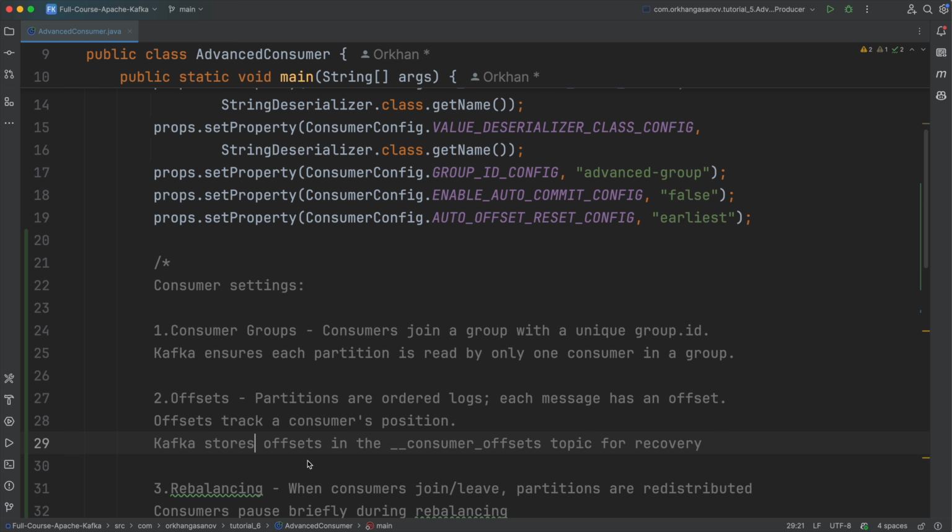And the next one is the offset. So what is the offset? Partitions are basically ordered logs, and each message has its own offset. So the offset tracks a consumer's position. Kafka also has a special topic called the consumer offsets topic, where it stores where each consumer